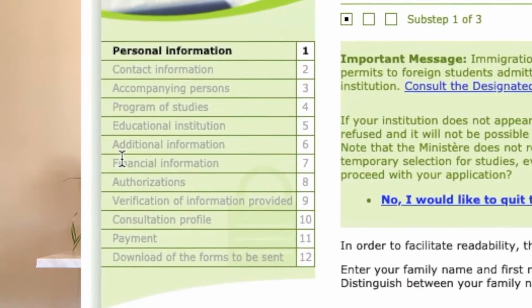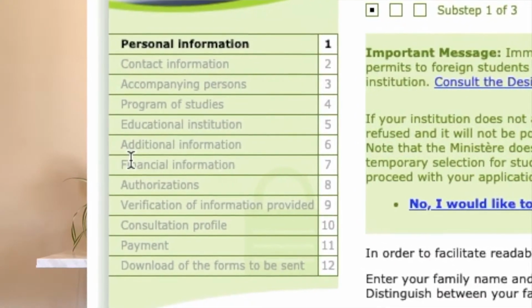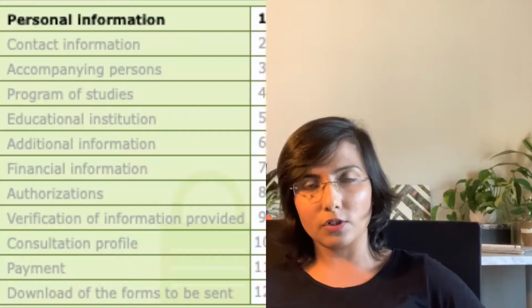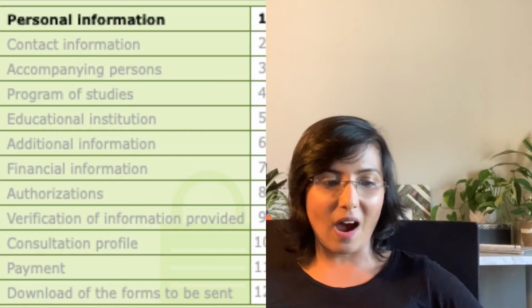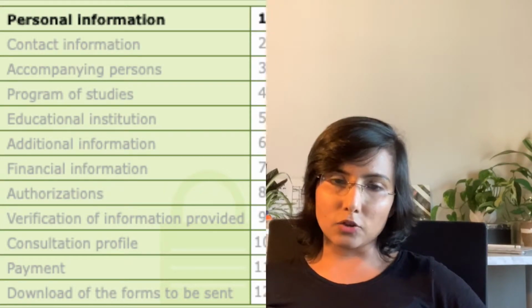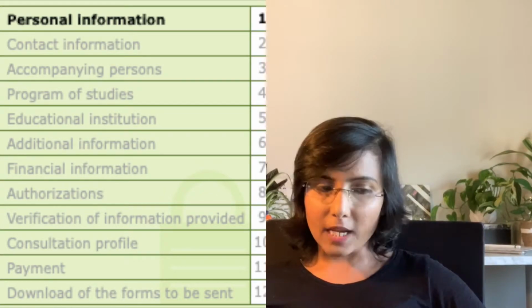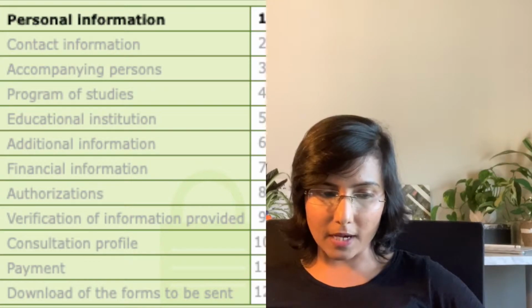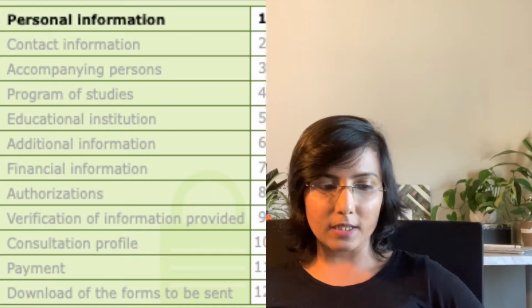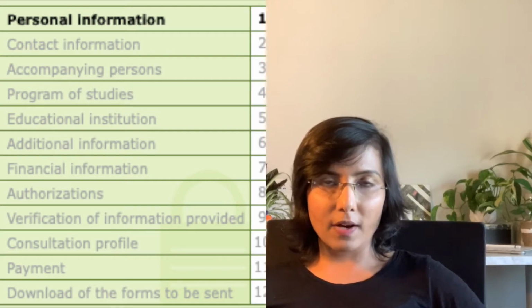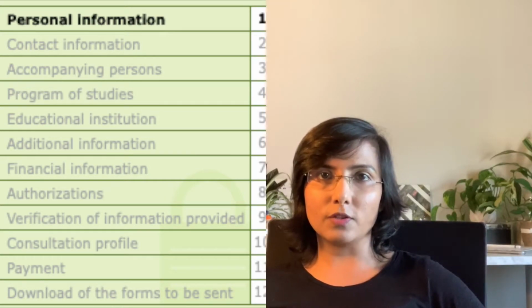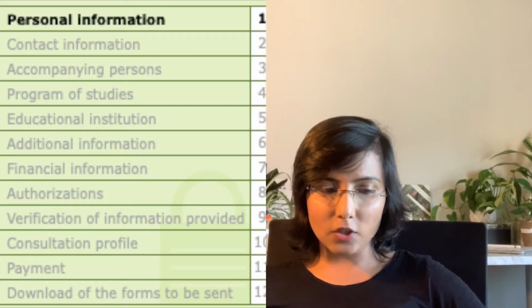You will fill in your financial information if you are required. Depending upon the conditions of your scholarship, this will also determine the personalized checklist of the documents that you will receive after this step to be attached with your application. If somebody else is applying on your behalf, you will also need to fill in the authorization information. After that, you will verify that all of the information that you've just filled is correct, and you will proceed